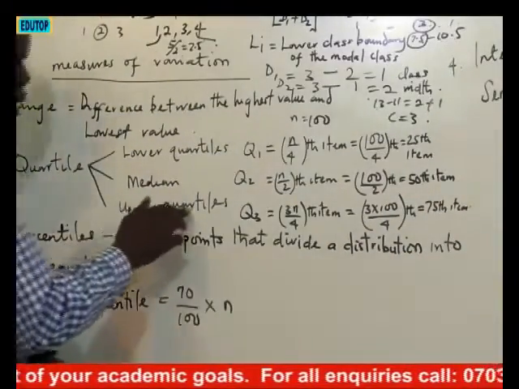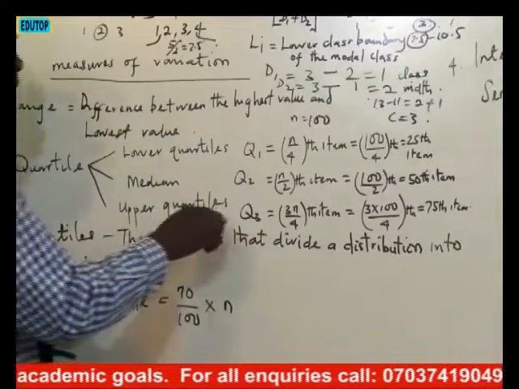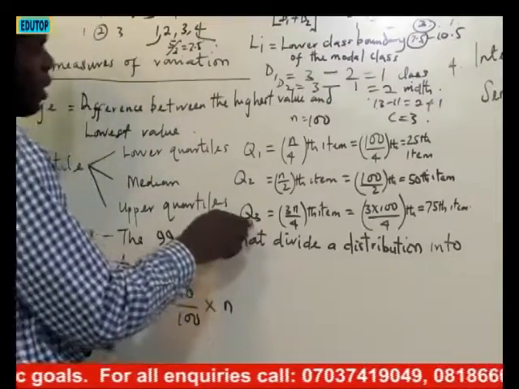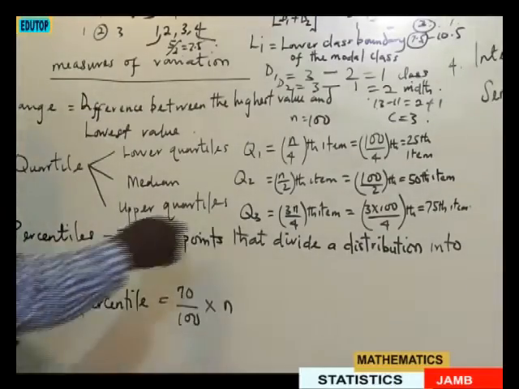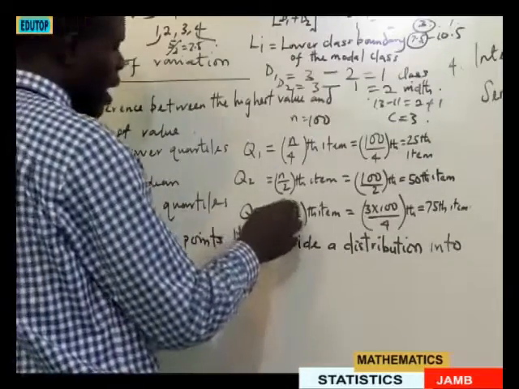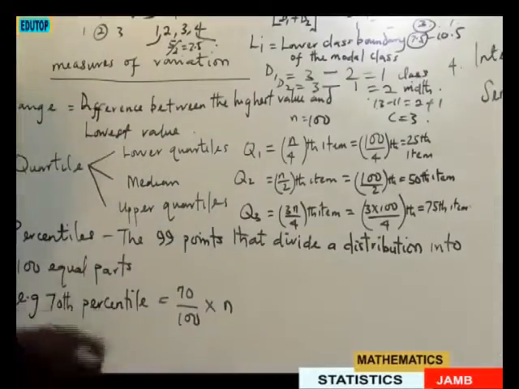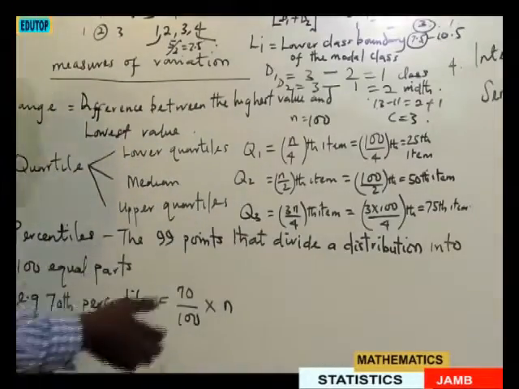Then upper quartile. Upper quartile is designated by Q3. Q3 is the same thing as the 3n over 4th item. And when our n is 100, it will be 3 times